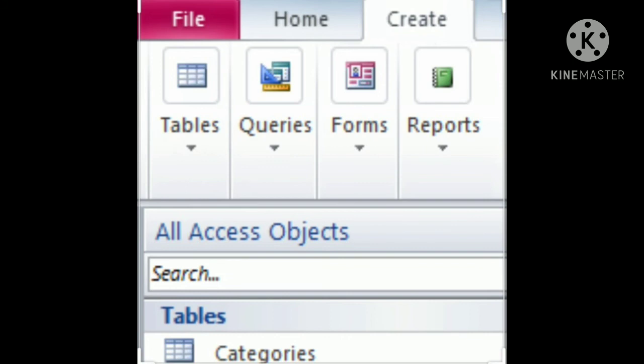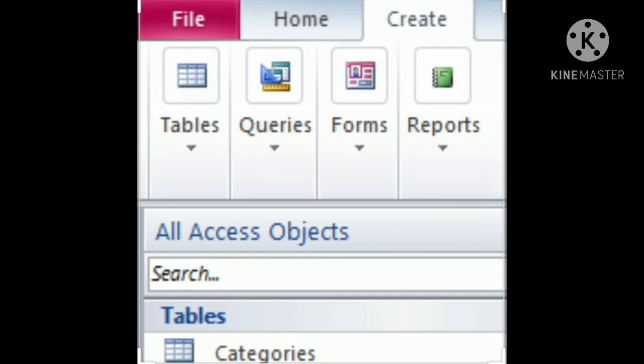Database objects. There are quite a few database objects that are used while the database is in operation. The various database objects are tables, queries, forms, reports, macros and modules. Tables. These are used to store data in rows and columns. Queries. These are ways to selectively retrieve and or display data inside the table. Forms.